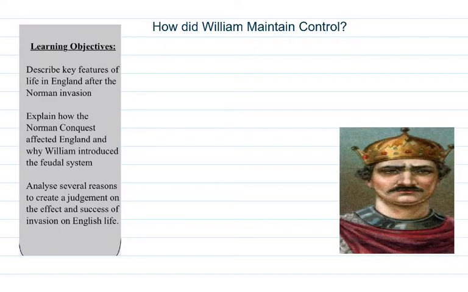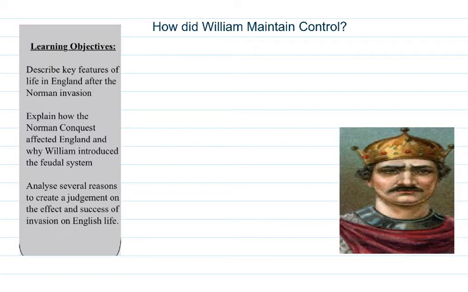So in lesson 1, we looked at the Battle of Hastings, what happened there, and how it led to the victory of William, Duke of Normandy, who then became known as William the Conqueror because he conquered England. Today we're going to look at how, after he conquered England, a man from the north of France, who had never really spent much time in England, couldn't really speak the language and didn't understand the country, maintained control.